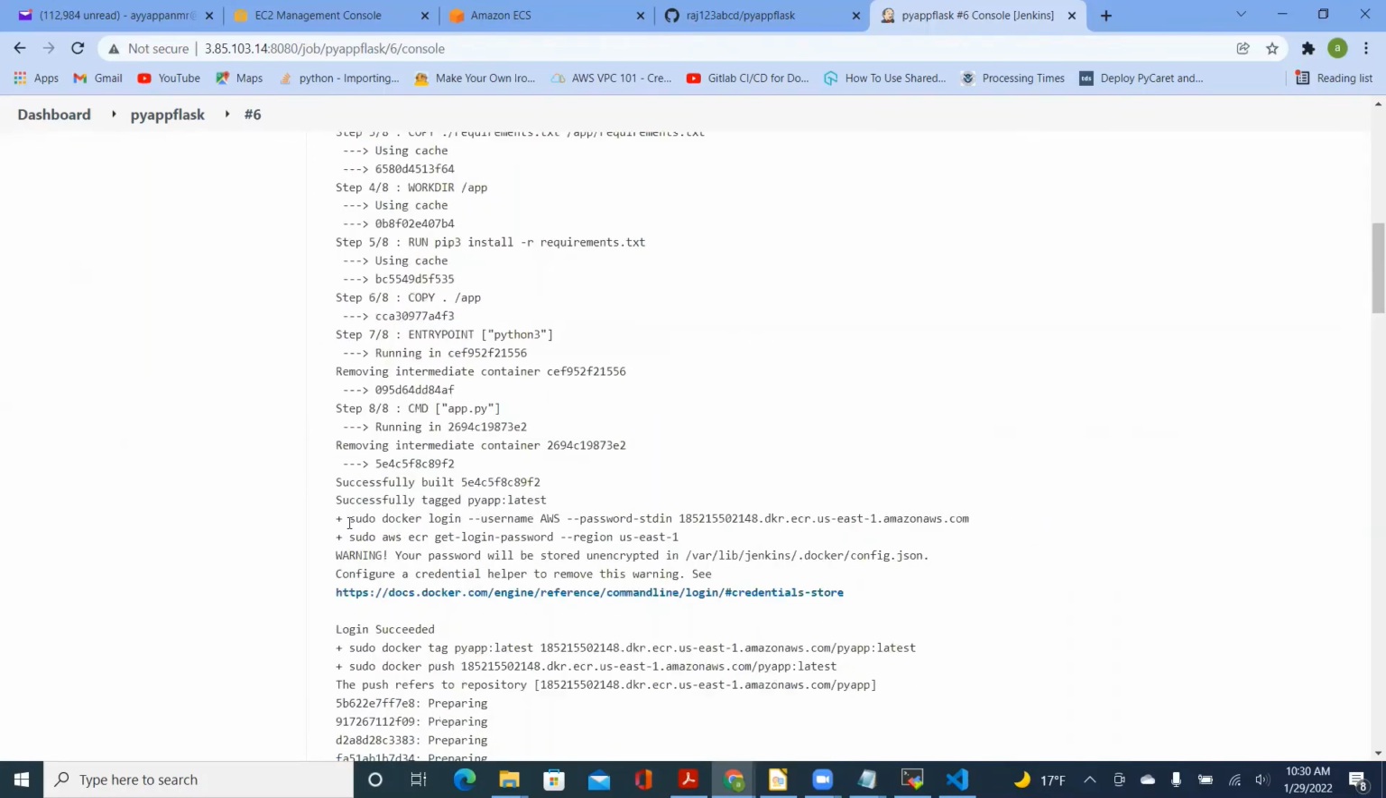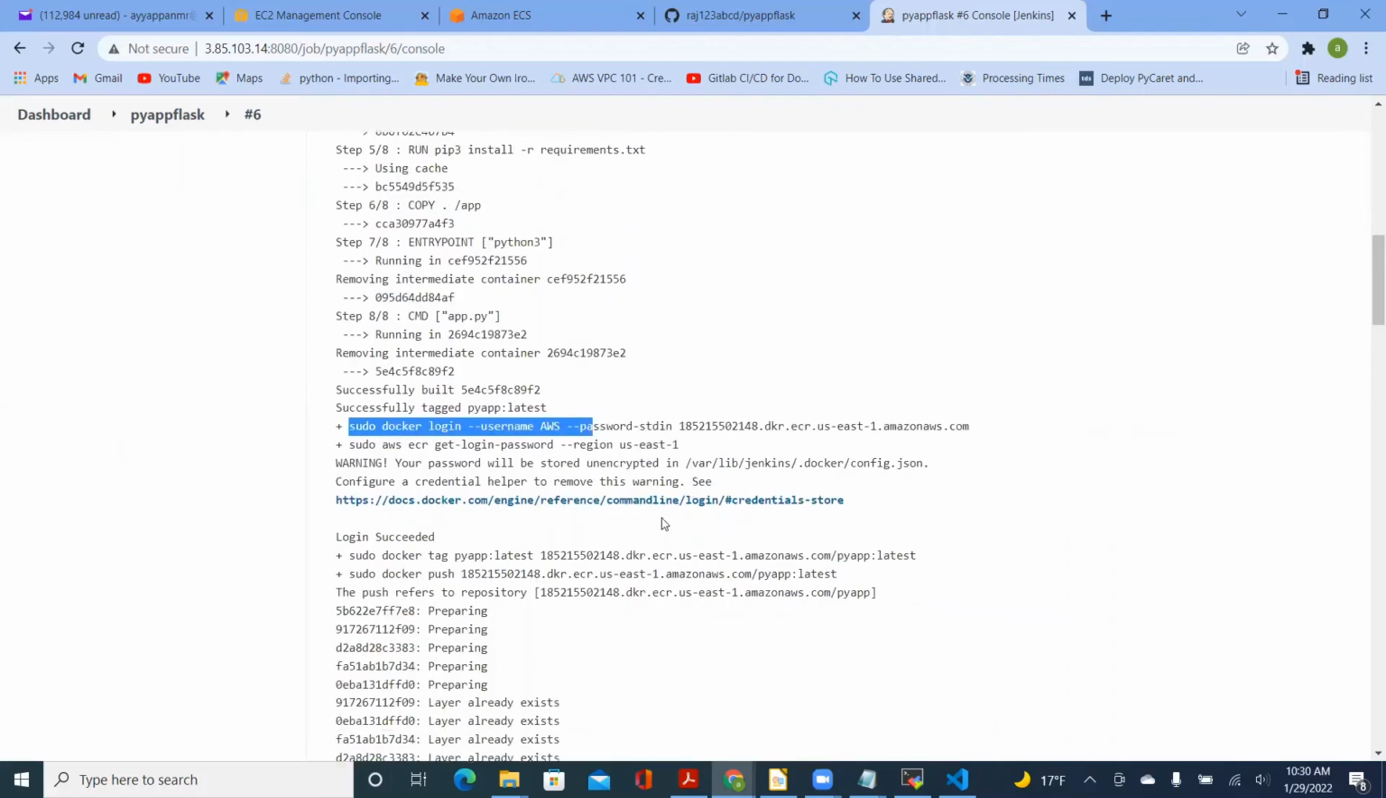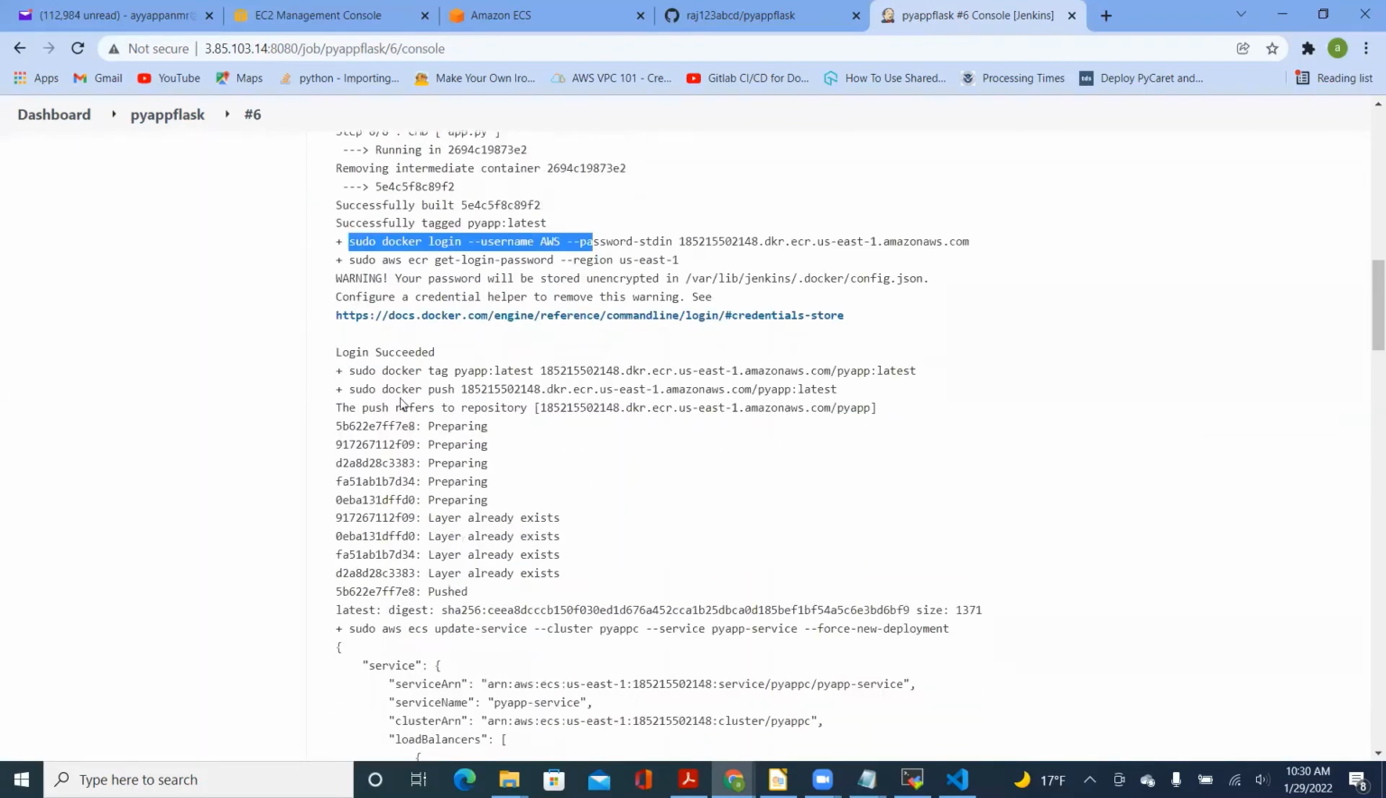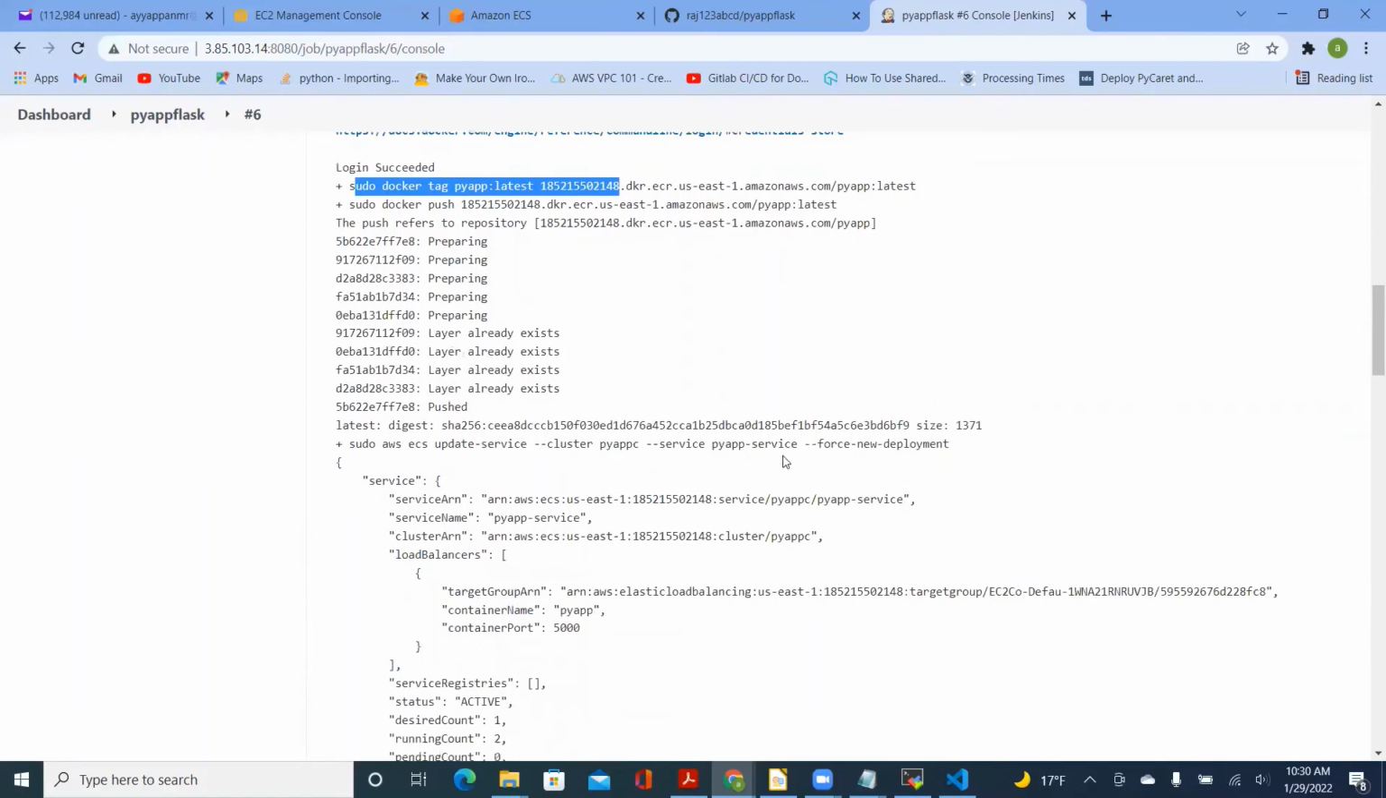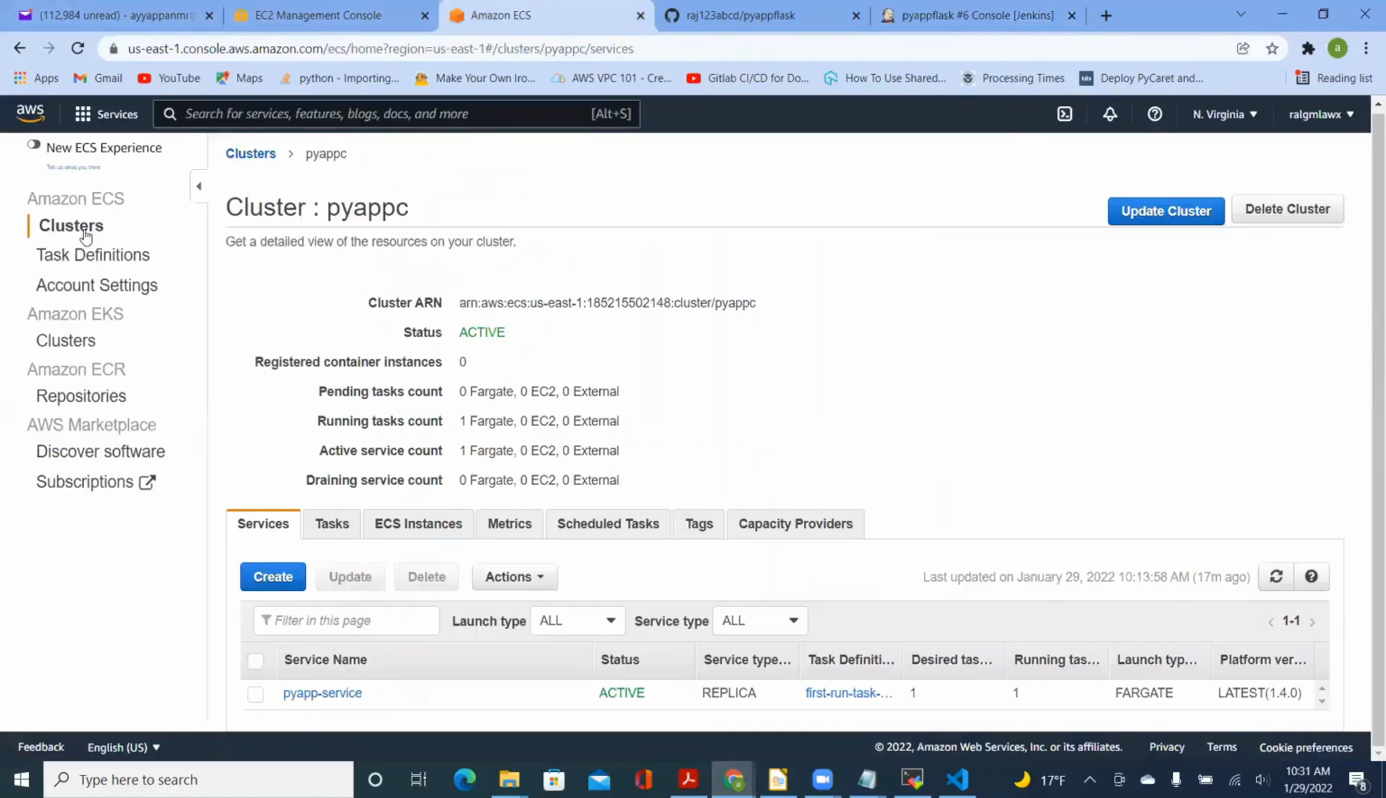and this command logs into ECR repository. And then this command is used to get a token, and this command tags the image, and finally this command pushes the image to the ECR repository. And here we run the sudo ECS update service to force the cluster to use the updated image. Now if we go into the AWS console again